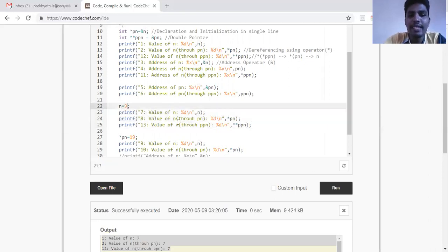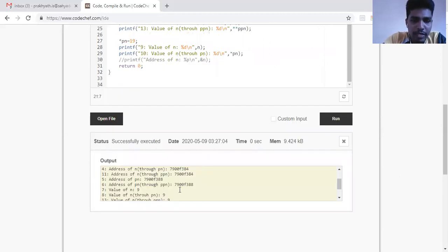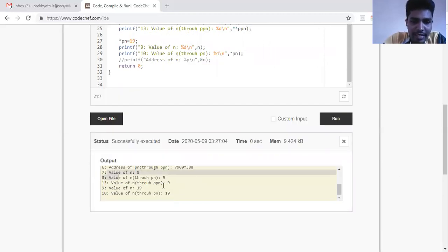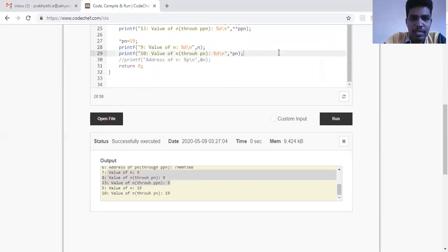So 7, 8 and 13 should give me the same answer, n equal to 9. You can see here 7, 8 and 13 all are giving me the same answer, 9. So we'll see with the star ppn also once.